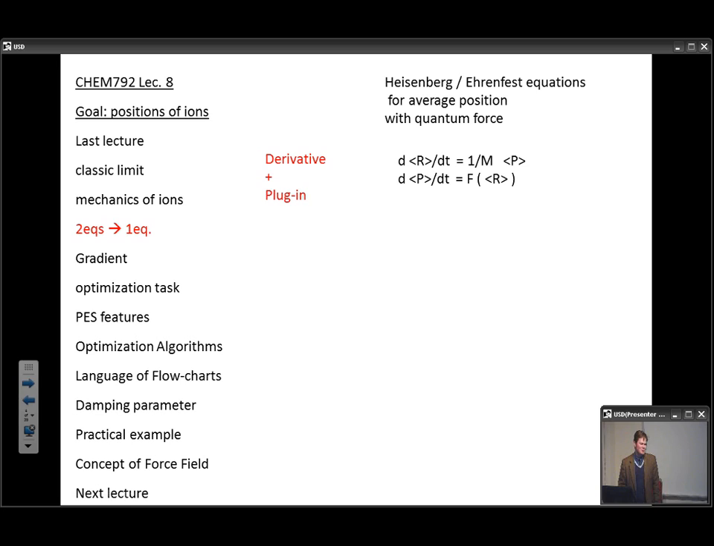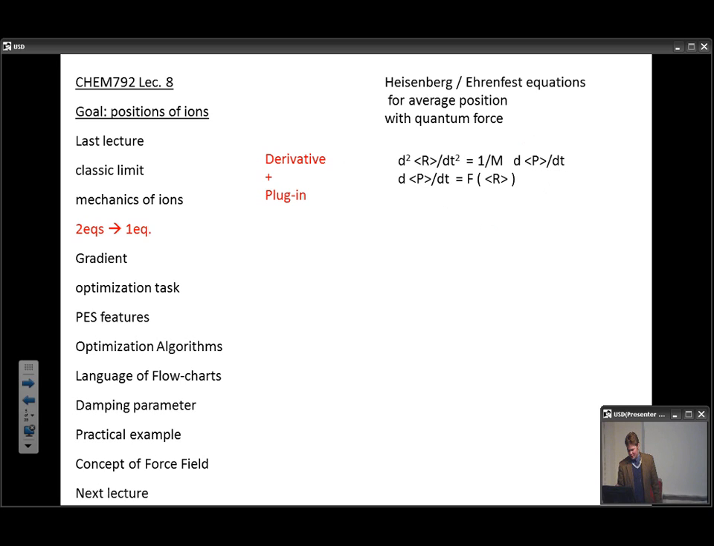Two equations is too much. We're going to live an easy life. Can we do one instead of two? So if we apply a derivative to the first one and then plug the result into the second one,